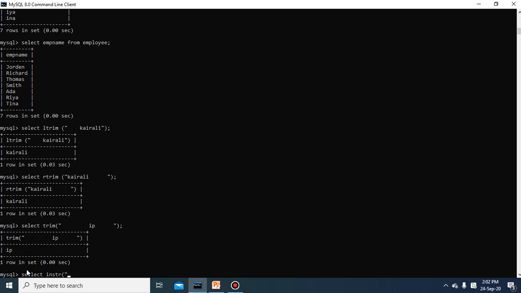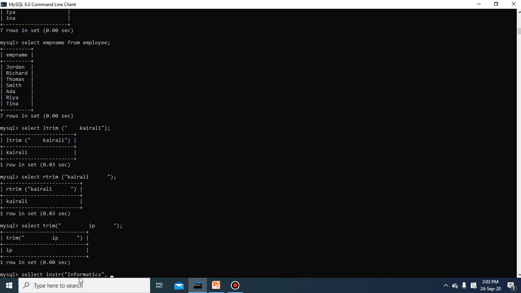Suppose I am writing here informatics. This is the string, and from this string I want to return the position of o. I want to return it from the instr function.